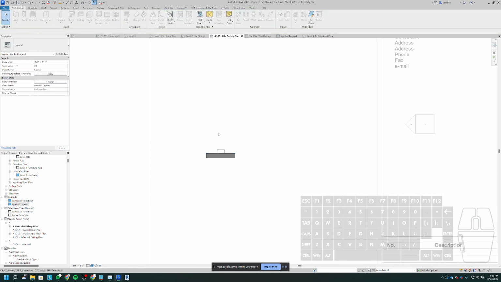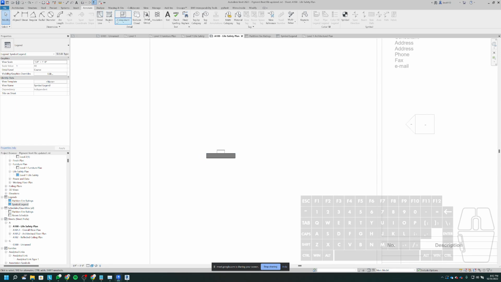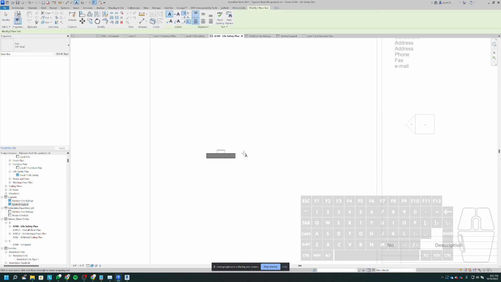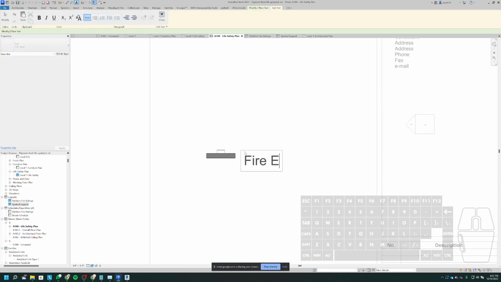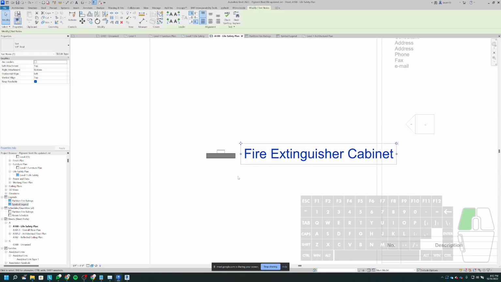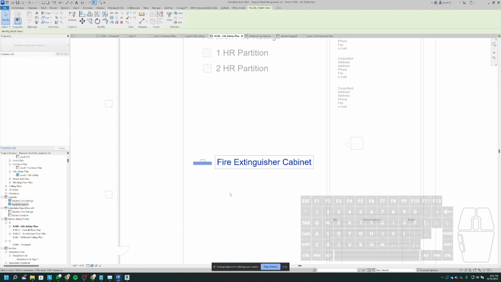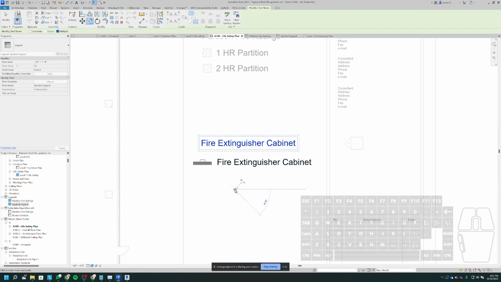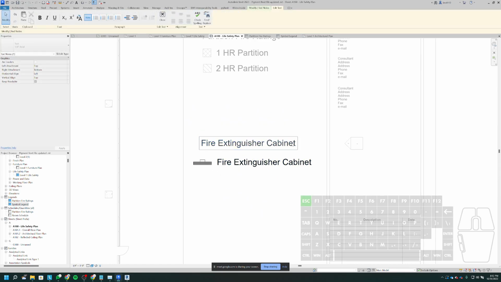Okay, and then I can add in some text for fire extinguisher. Something like that. And then I can give this a title, and I can call this symbols